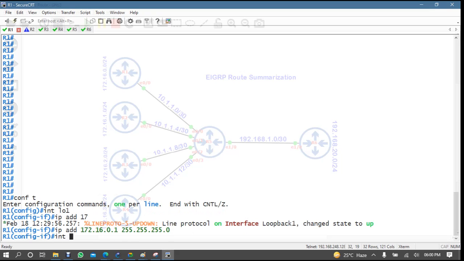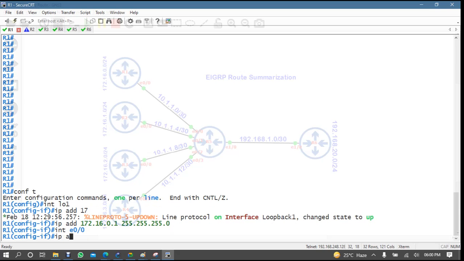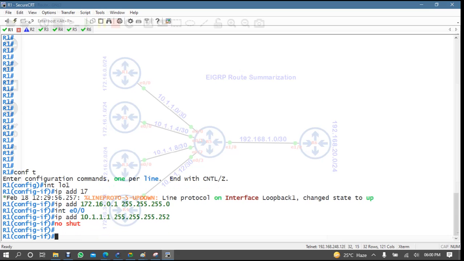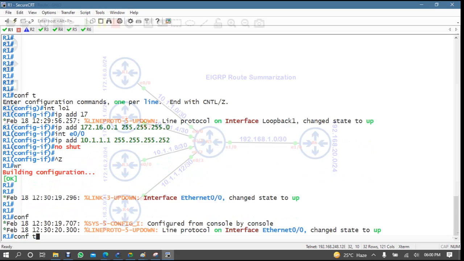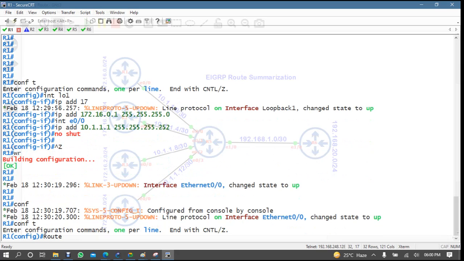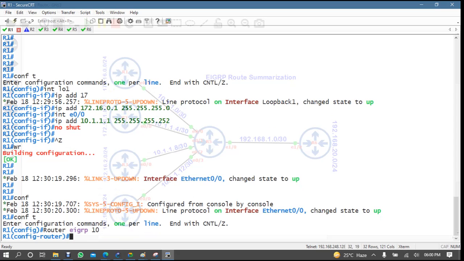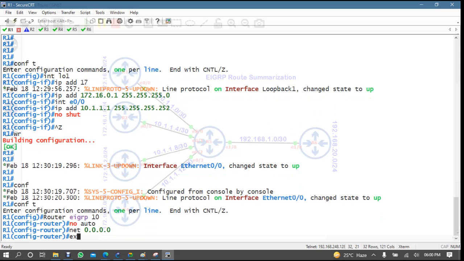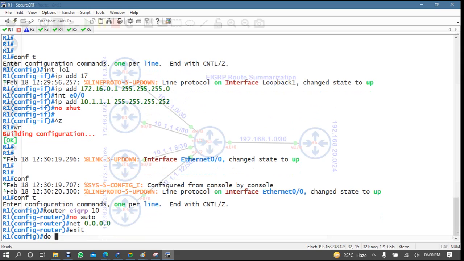Then interface E0/0, IP address 10.1.1.1, 255.255.255.252, no shut. Then router EIGRP 10, no auto-summary, network 0.0.0.0, exit, right?